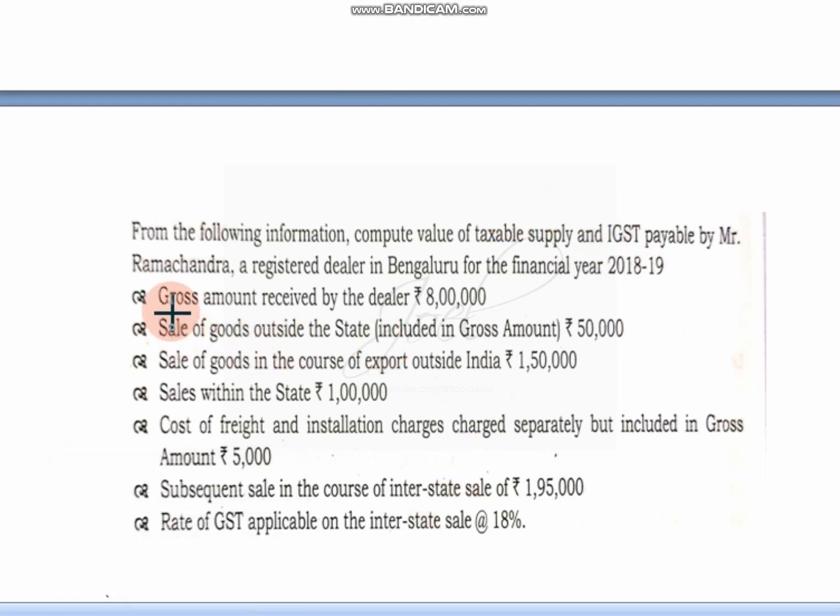We will see the things. First one, gross amount received, I told 8 lakh. So if any interstate transactions are there, then IGST we will levy. If intrastate transactions are there, then SGST and CGST we are going to levy. Yes, gross amount received by the dealer is 8 lakh, already we have seen. Sale of goods outside the state included in the gross